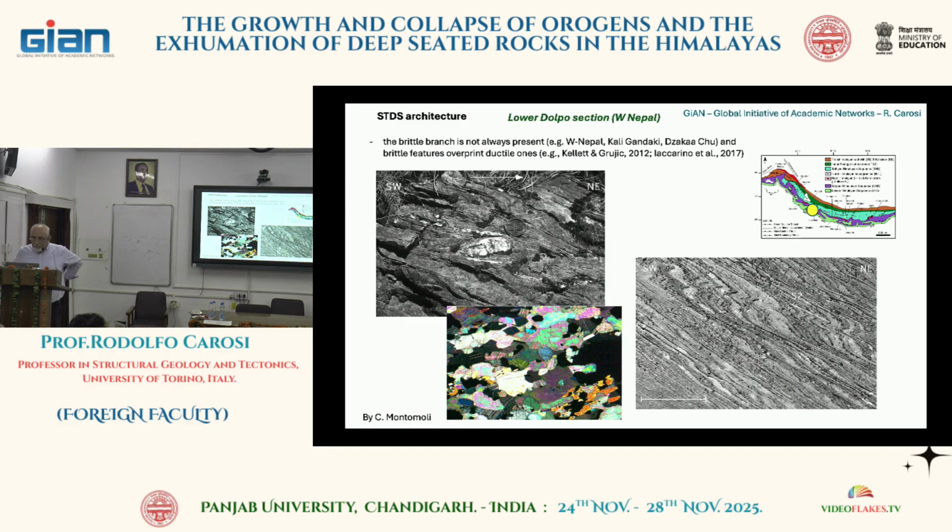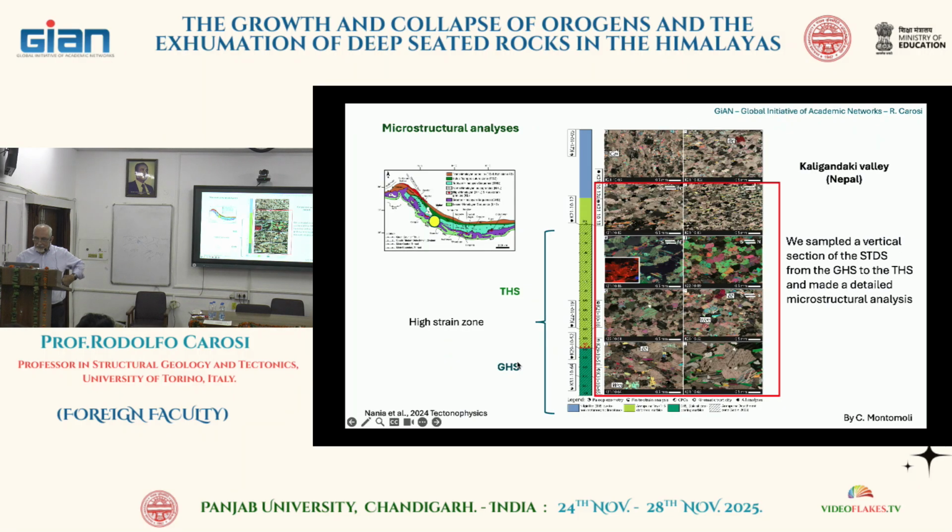We are in western Nepal, in the Dolpo section. We found big leucogranite stretched and then rotated like a delta porphyroclast. There are also some asymmetric folds related to the detachment and strong recrystallization of calcite crystals, as you can see in thin section. Okay, in western Nepal, in the Kaligandaki Valley, Laura Nania made her PhD thesis with Chiara Montomoli